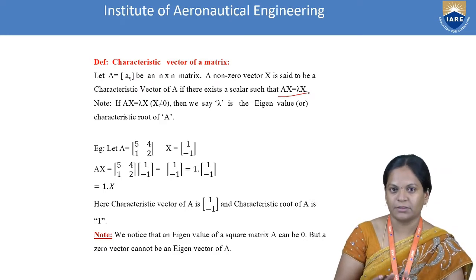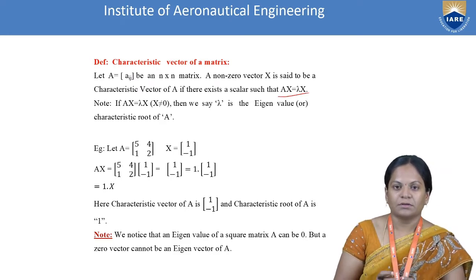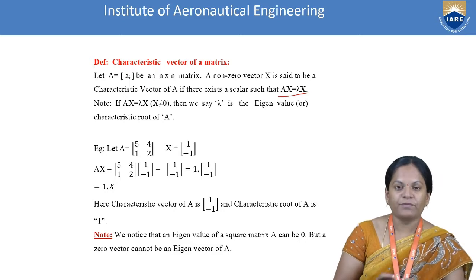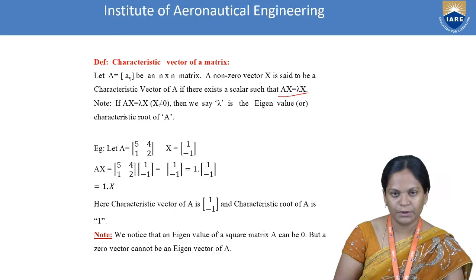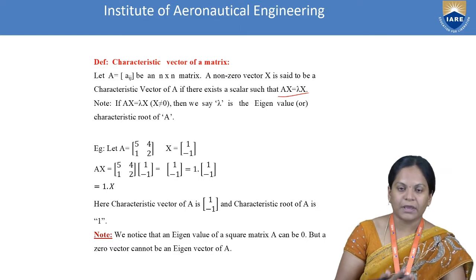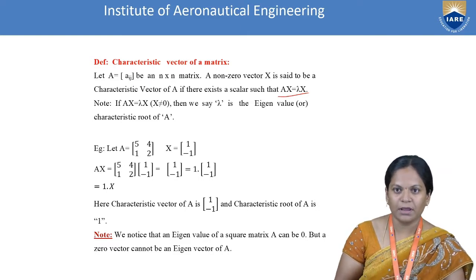A is nothing but the given matrix A. So if we take lambda as any scalar and x as the eigenvector, we write Ax equal to lambda x form. So if Ax equal to lambda x and x must be not equal to 0, where x is a column matrix, we call it the eigenvector or characteristic vector of capital A. Then we say that lambda is the eigenvalue or characteristic value of capital A.